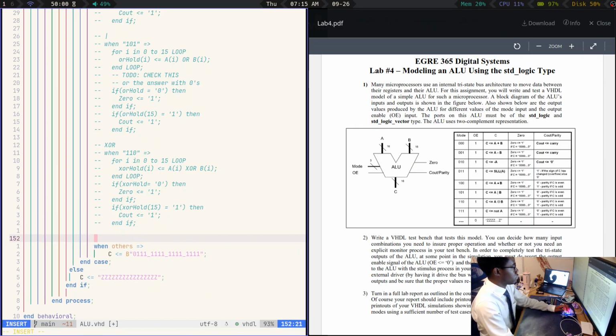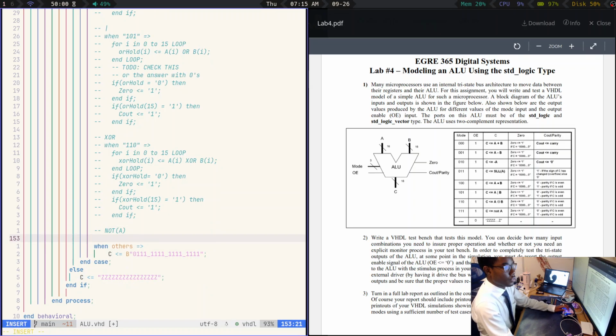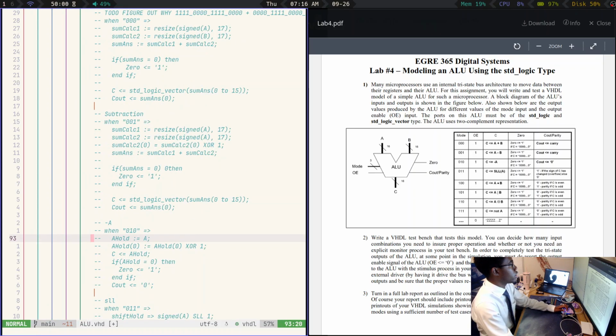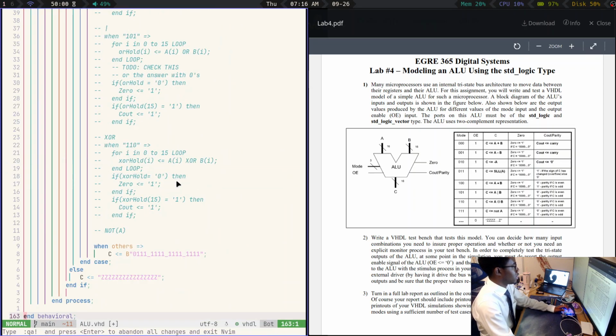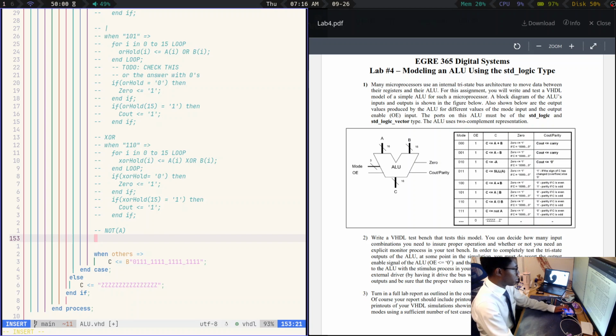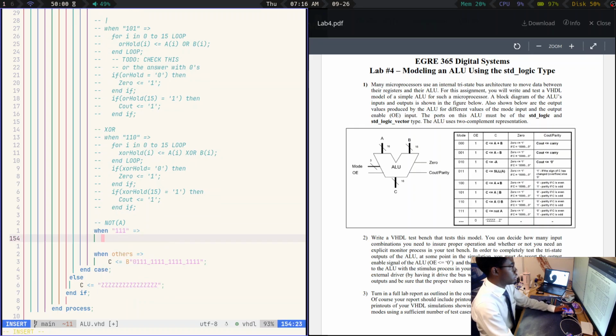So the last one we have to do is not a. So let me do it like that, right? And then it is 0, right, and then okay. So we could say, why is that not? Oh, I see. That's why I had that uncommented, so I could get indentation right. All right, so it's going to be win 111. Say that, and then it will be